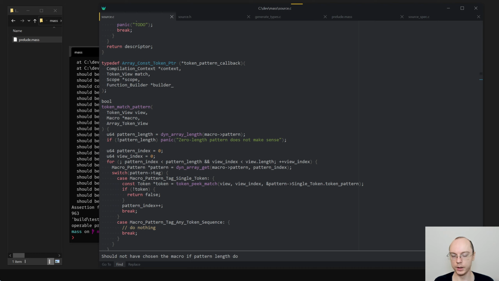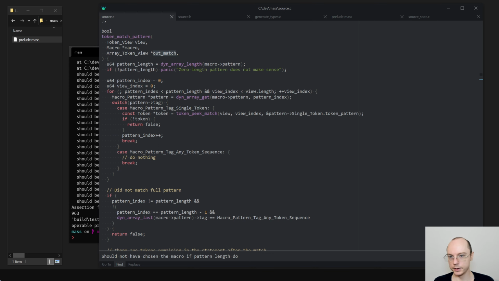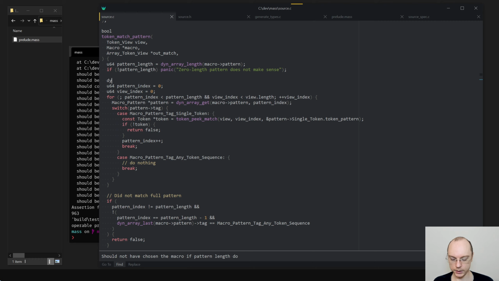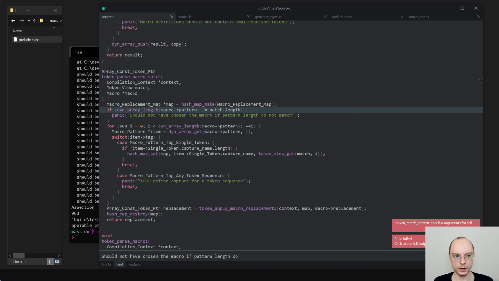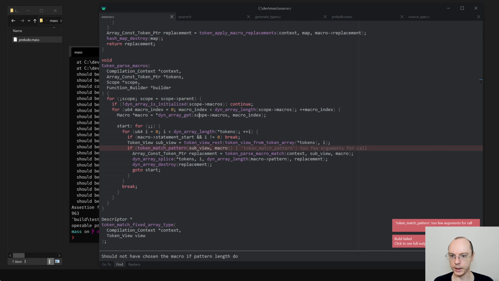Array token view star match, out match. So the start will say dynamic array. I think it's clear. Does that work? Yes. Now we just need to create that array.